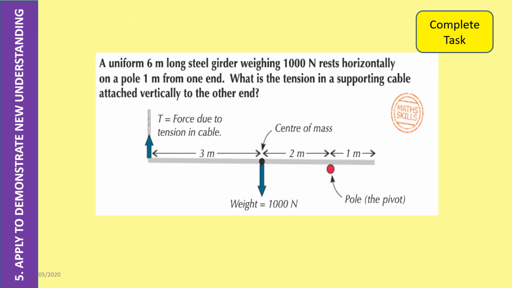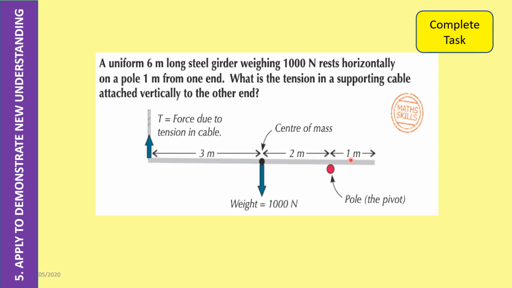This is a slightly trickier question. A uniform 6-meter long steel girder weighing 1,000 newtons rests horizontally on a pole 1 meter from one end. What is the tension in a supporting cable attached vertically to the other end? The difficult bit about this question is actually picturing it. So this is the girder,